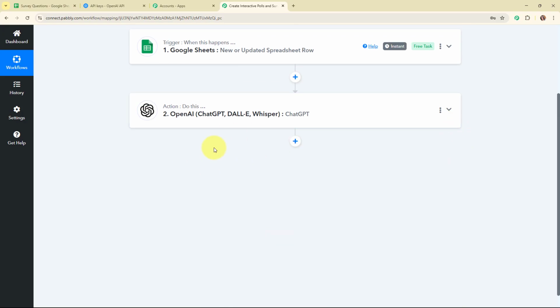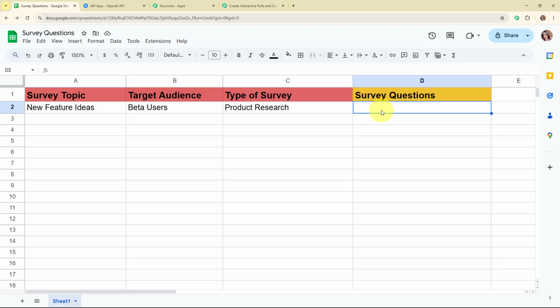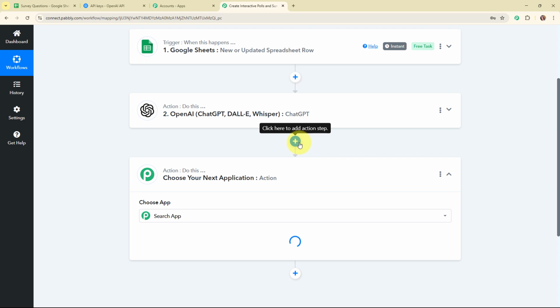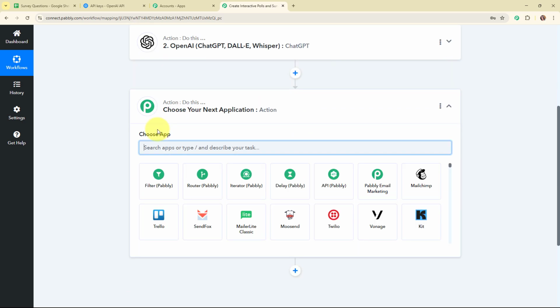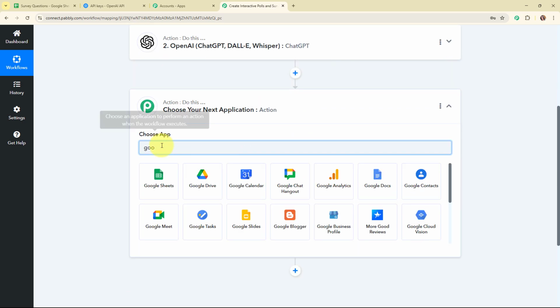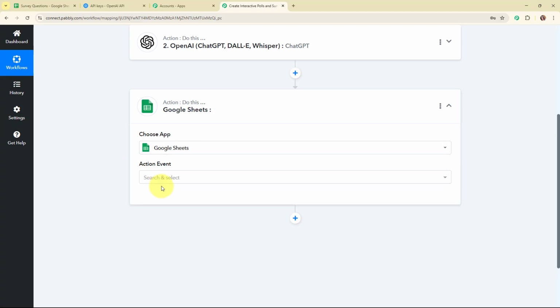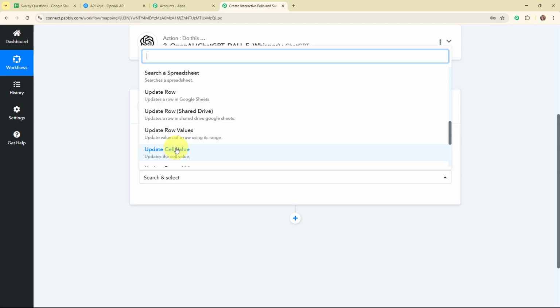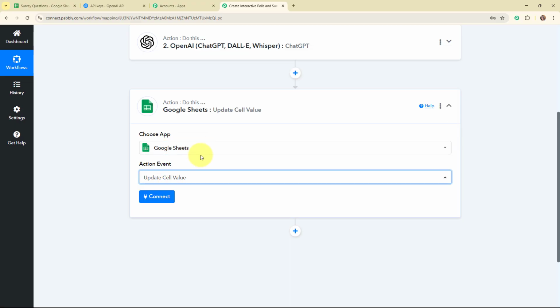So now after generating a new question using OpenAI, I want to add these questions generated in my Google Sheets under the specific column that is named survey questions. So for that I'm going to add another action step over here, and in this action step again I'm going to select my action application as Google Sheets, and this time I'm going to select my action event as update a cell value, so that by using this particular action event I'm going to update the value for this